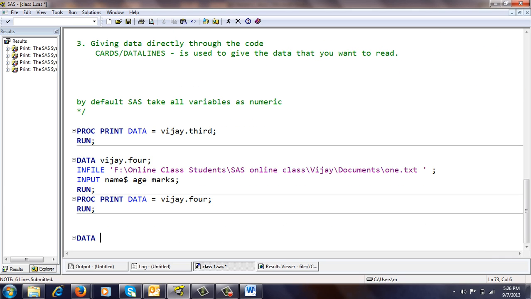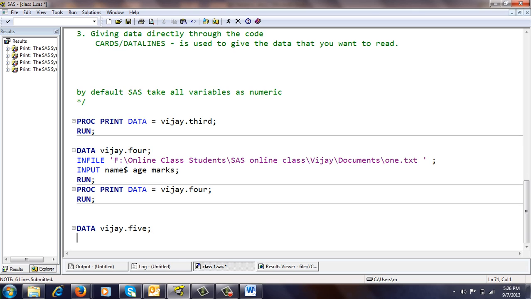We give the data Vijay.5. In place of referring to a text file, we refer here to a keyword called cards. You can use cards or datalines. Both keywords will work in a similar manner. You can use any one.